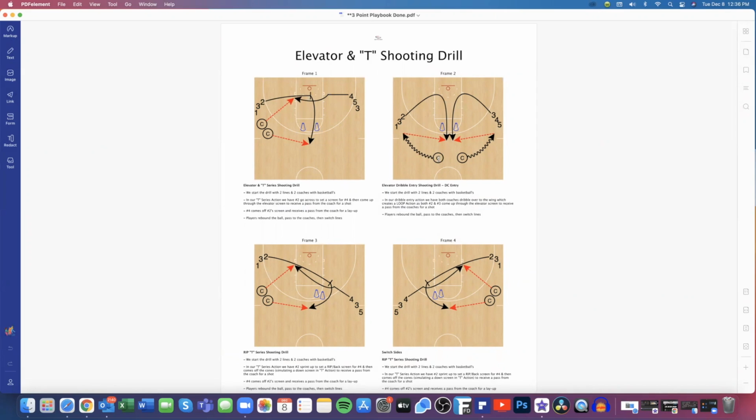You can also do it with the coaches dribbling as a dribble entry and then loop action. And then we can run that on both sides of the floor. We pass the ball again, plant, catch, shoot. Here's some rip action. And this is called T series or screen the screener, where we got the screen and